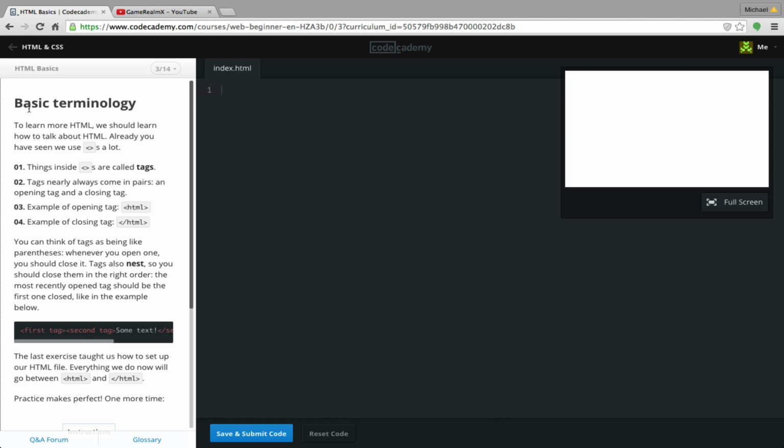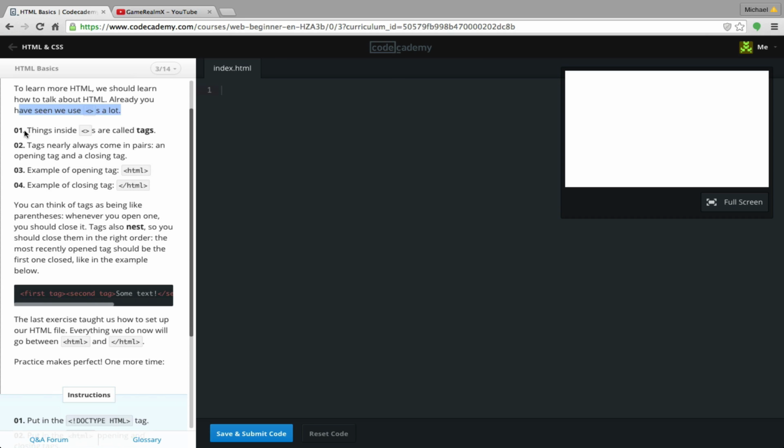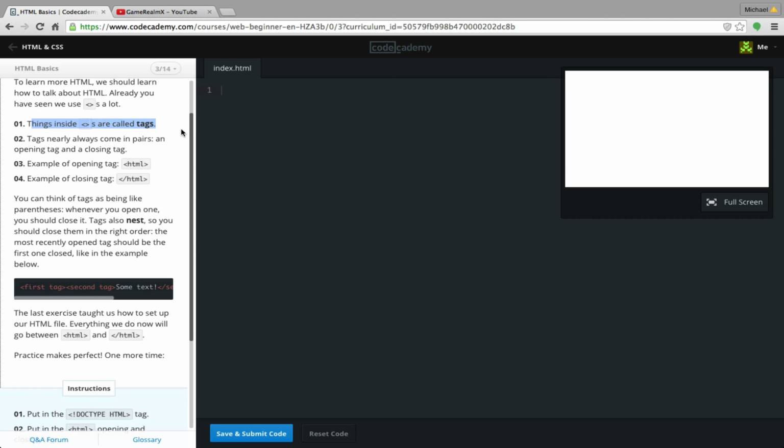Okay, the title for the instructions and explanation is called basic terminology. To learn more HTML, we should learn how to talk about HTML. Already you have seen us use less than and greater than signs a lot. Number 1, things inside less than and greater than signs are called tags. Tags nearly always come in pairs, an opening tag and a closing tag. Example of opening tag, HTML. Example of closing tag,